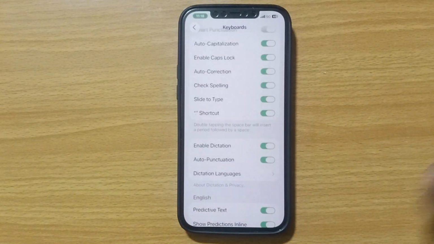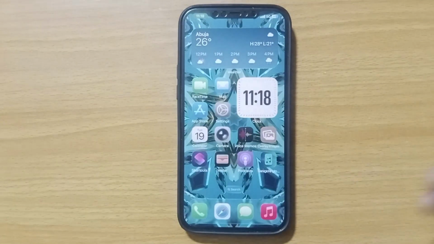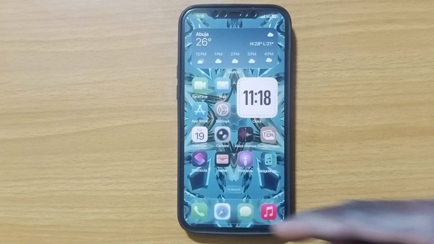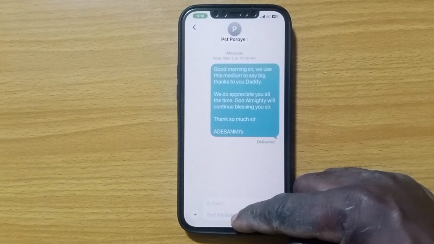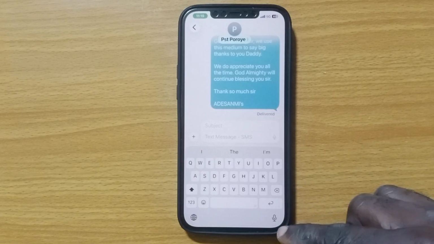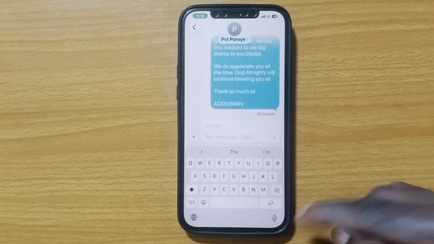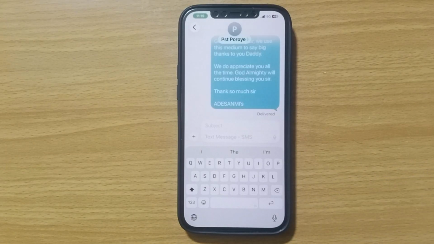Now that I've tapped on edit this button, go and open any message apps on your device, like your message, like your WhatsApp, then tap on it, then tap on this place, guys. You can see that the mic has been enabled. Let's process on how to enable microphone on your keyboard apps